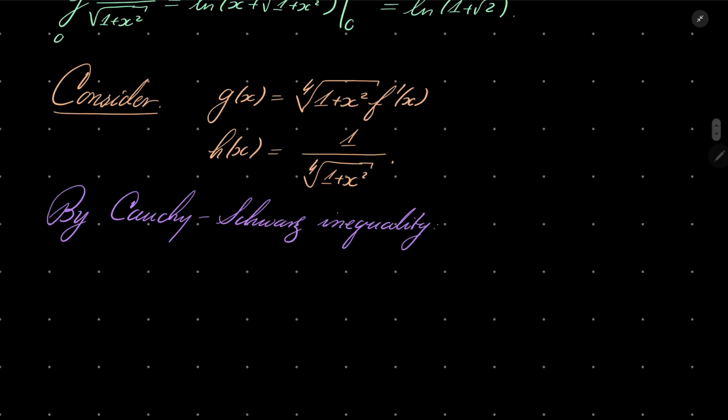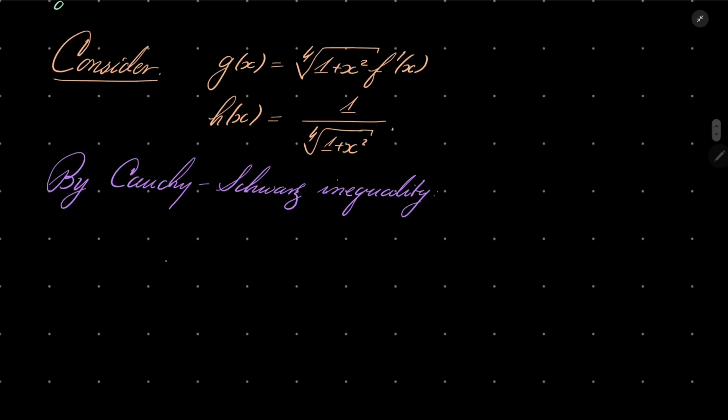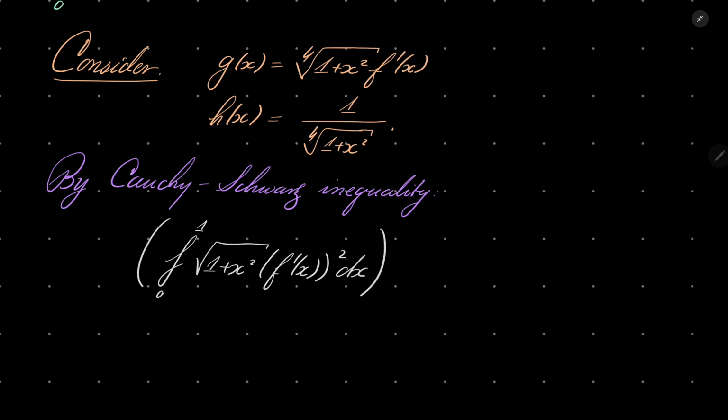We know the following. The integral from 0 to 1 of g squared, and g squared is just the square root of 1 plus x squared times f'(x) squared dx, times the integral from 0 to 1 of h squared, so it's 1 over the square root of 1 plus x squared, is always greater than or equal to